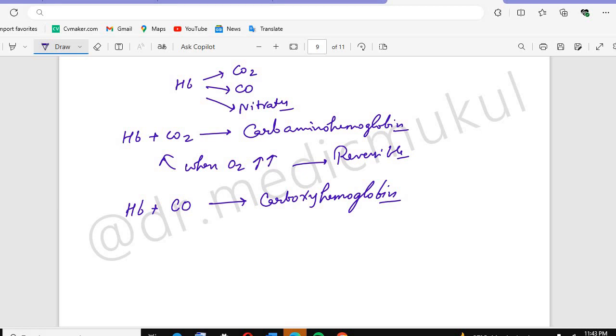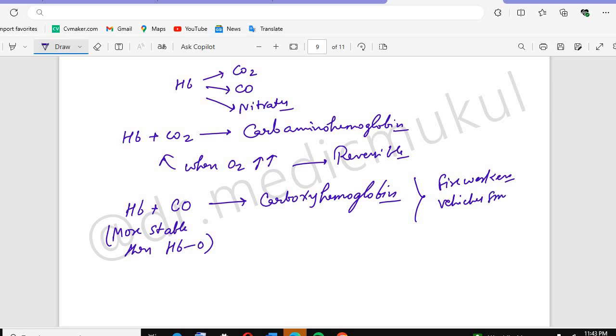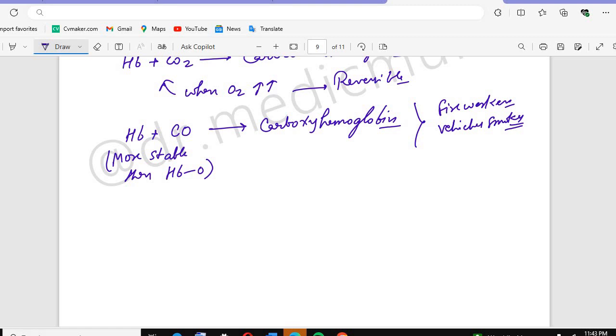And this is more stable than hemoglobin, like oxyhemoglobin, that is more stable than the oxyhemoglobins. And we will see, like if the fire workers are there or the vehicles, like the smoke of the vehicles, you will get loads of carbon monoxide. Along with that, hemoglobin combines with the iron also, and on oxidation it will form